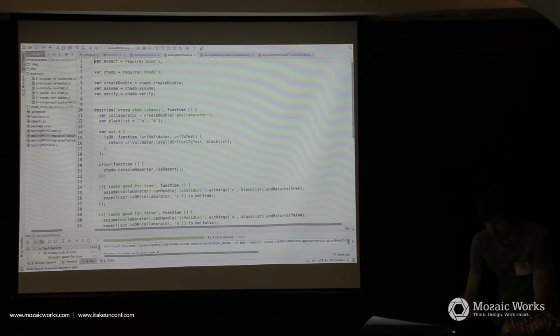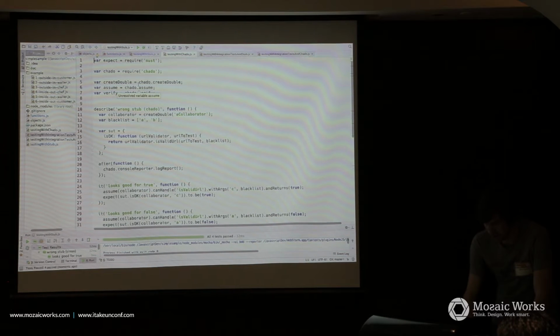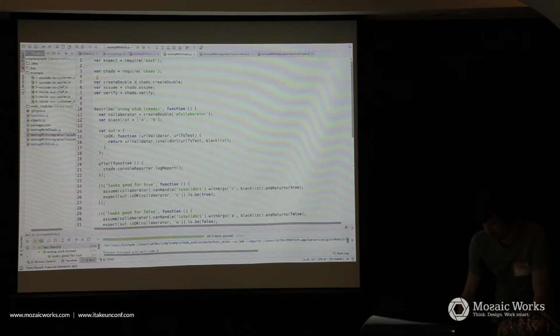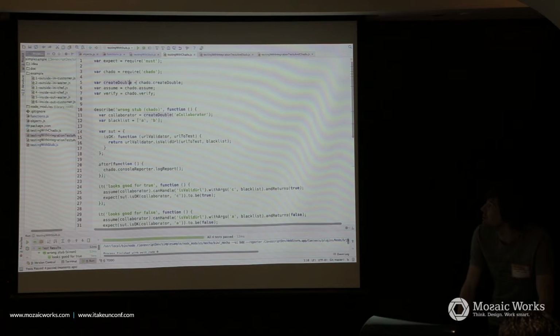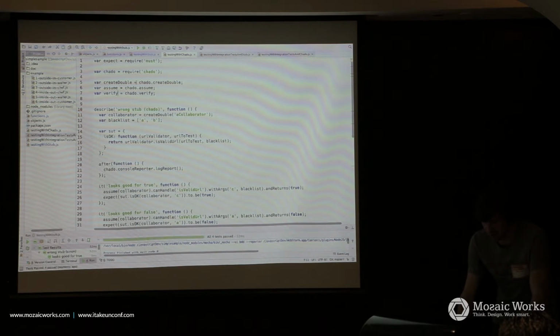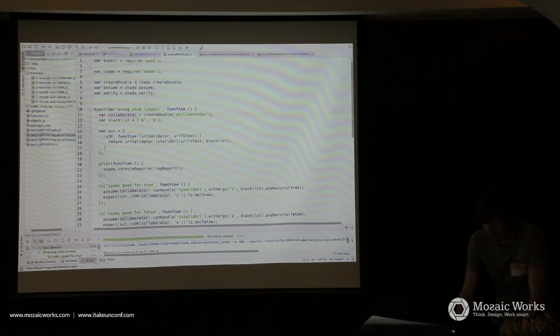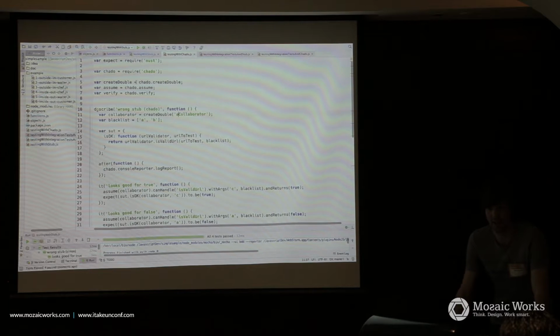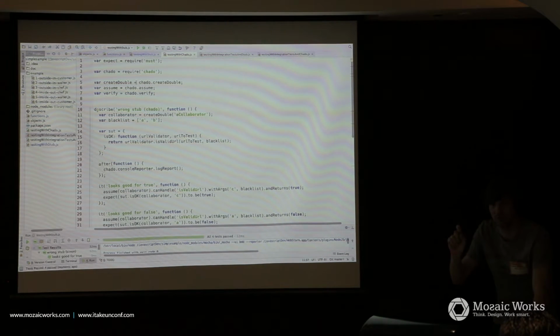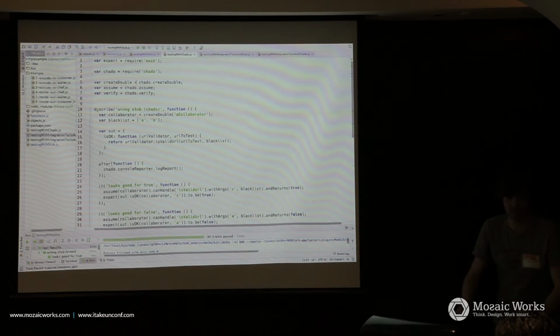So what we see here is initialize the library and some helper functions. This is for our assumption, and this is for our verification. We have our collaborator, which is our test double, we have to call createDouble because we have to give an ID that we can identify the test double in the assumption and in the verification later.